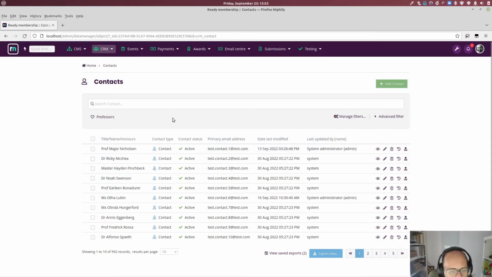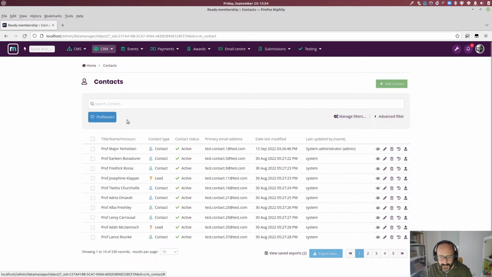So, custom data export templates in Preside 10.19. Quickly, we'll just look at what data exports look like today and then what this gives you. Today we've got a regular data manager table looking at contacts in this case, and we have the export data functionality down here. What it's pretty cool at doing is we can filter the data here, do a search